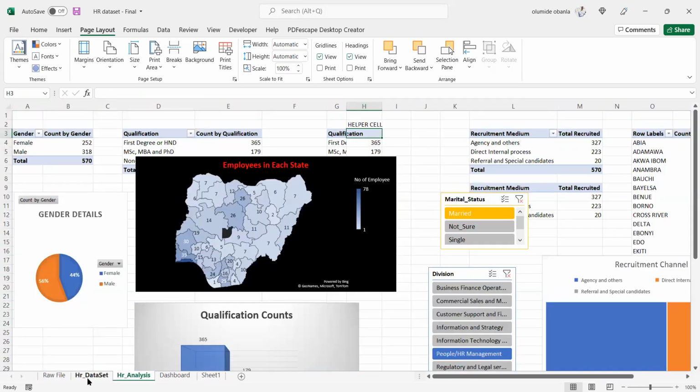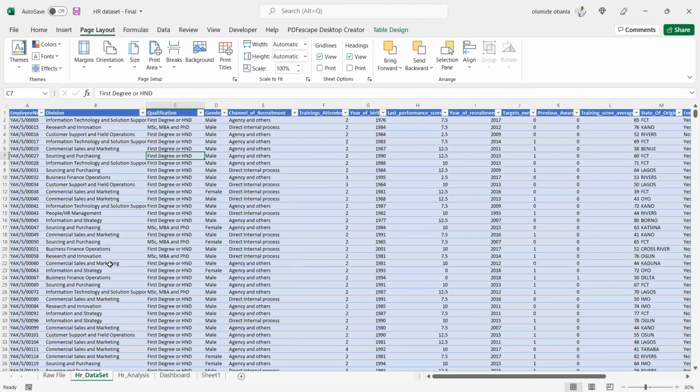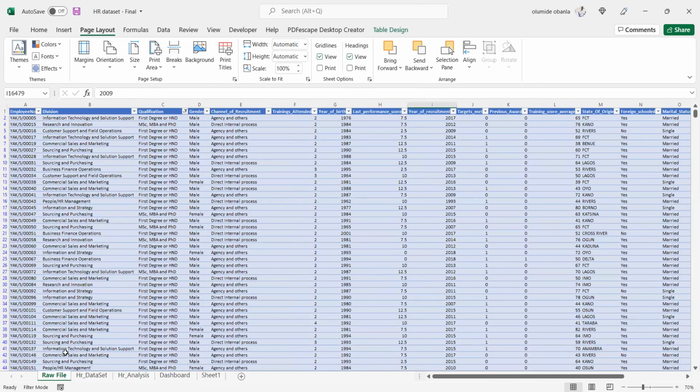Okay, go back to that raw file. You see here, because we are learning, that's one. But if it was in an organization itself, those are people's records. You always have to be careful. Yes, there was a qualification that was missing, so you have to be careful the way you clean.